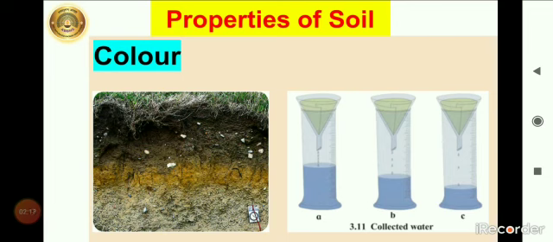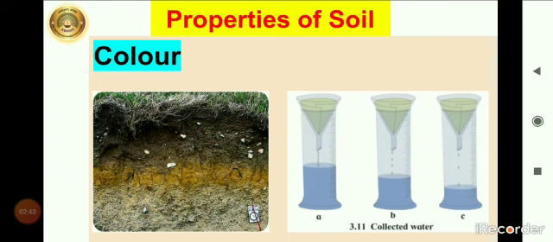Students, there is one experiment given in your textbook. Take 3 measuring cylinders, 3 glass funnels, filter paper, water, fine sand, coarse sand, and soil from an earthen pot used for growing plants. Now fit cones of the filter paper in 3 glass funnels as shown in the figure. Fill the cones with equal quantities of, in A, field sand, in B, sandy soil and in C, field clay respectively. Place the funnels on the measuring cylinders.